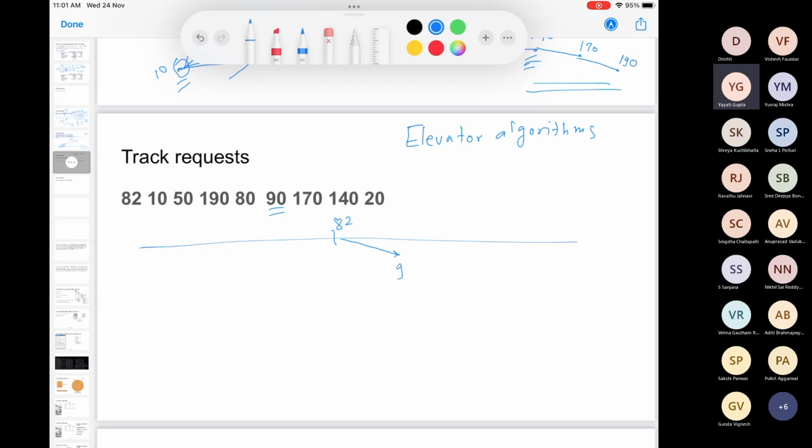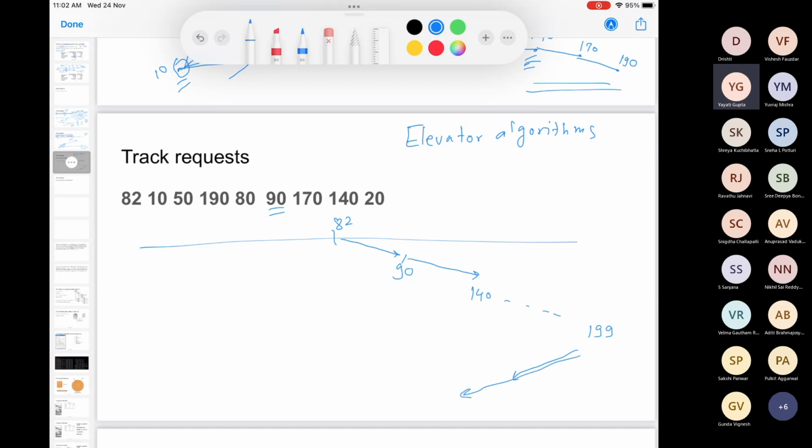90, right? So 82 to 90, and then again, moving towards the right side, what will be the next one? 140, right? 140. So on and so forth. You go all the way towards the last track, which is 199, and then you come back. Now, one thing to note here is, let's say you just serve 90 and the read write head is moving towards 140, and at that time there comes a request for, let's say, track number 88. Right? So we are not going to go back and serve that, just like how it happens in an elevator. So you can just keep that in the queue for the time, and then when you will come back, you can serve those requests.